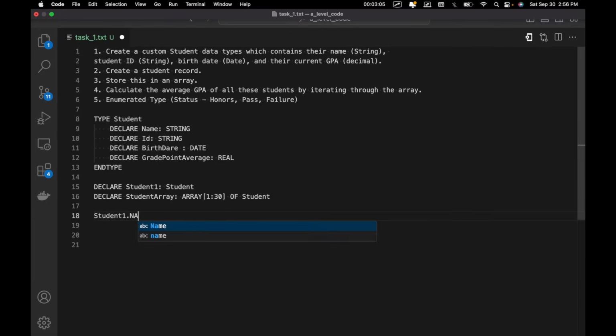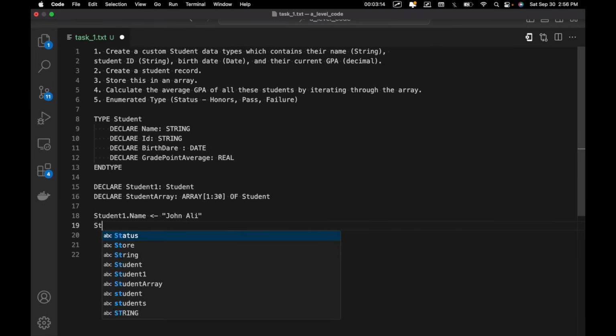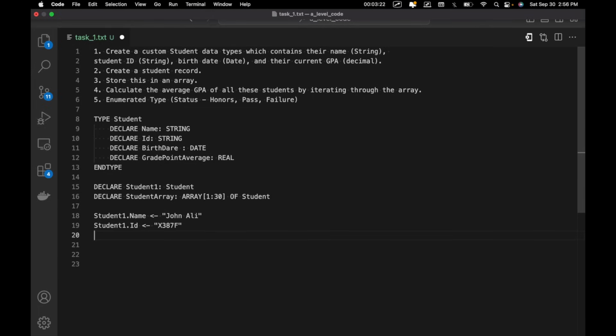So we're going to say student1, which you created up here, dot name, and we'll just call that, I don't know, John Ali. And we'll have student1 dot ID, and that's going to be, I guess we'll say X387F or something like that. We'll have student dot birth date,